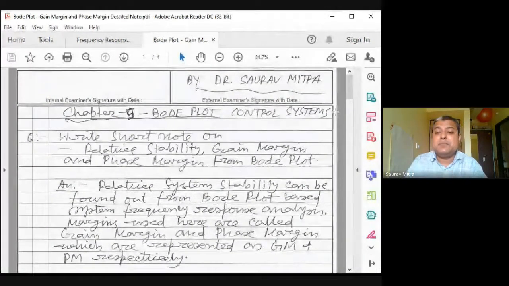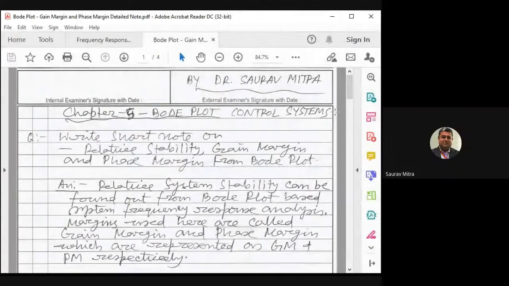Let's say the system is stable and the system gain is 0.8. When will it become equal to 1? The log of 0.8 comes out negative, since the log of a decimal is negative, and multiplying by 20 makes it further negative. So whenever the system gain is a decimal, output is less than input, and the system is stable. Whenever system gain is equal to 1, the system is critically stable. Whenever system gain is greater than 1, the system becomes unstable.